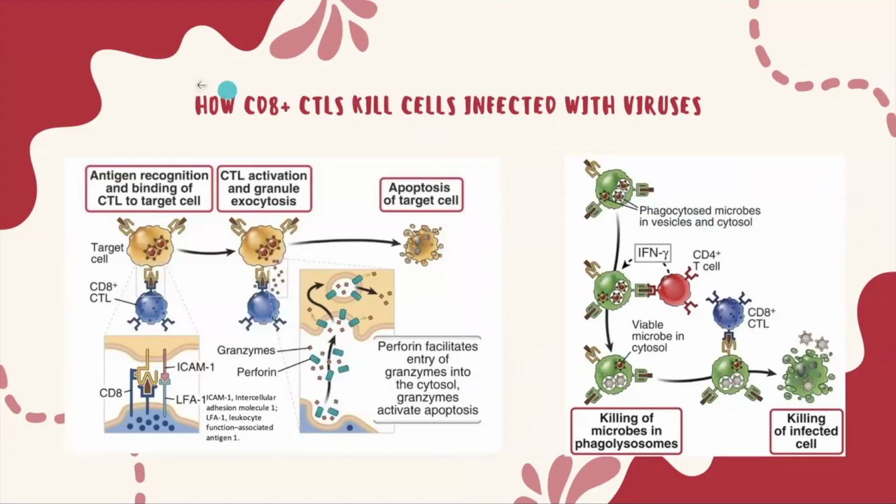How CD8 cytotoxic lymphocytes kill cells infected with viruses. A CD8 cytotoxic T lymphocyte first recognizes an MHC1 peptide complex on an infected cell with its T cell receptor, and then forms a tight conjugate with a binding of LFA1 and ICAM1. Once stable, it releases perforin, which helps the delivery of granzymes into the infected cell's cytosol. This then induces apoptosis,